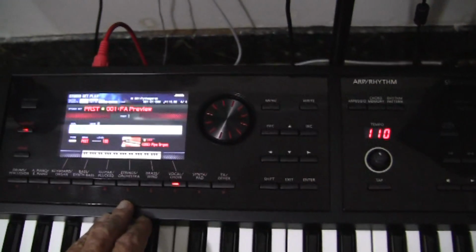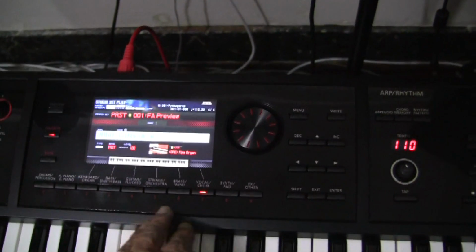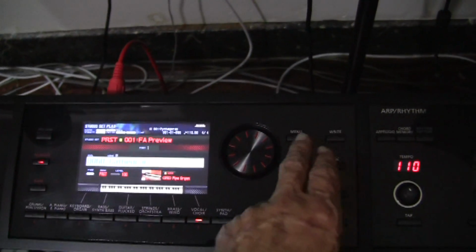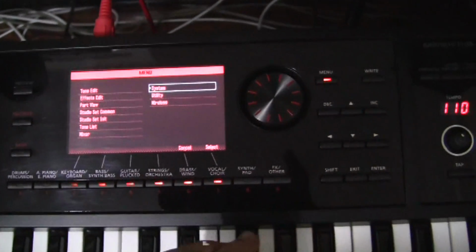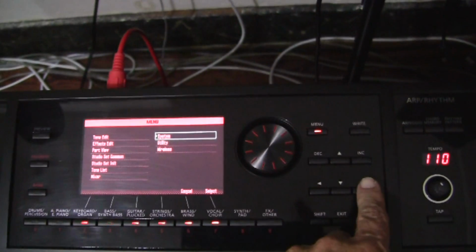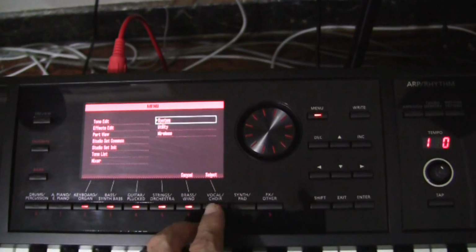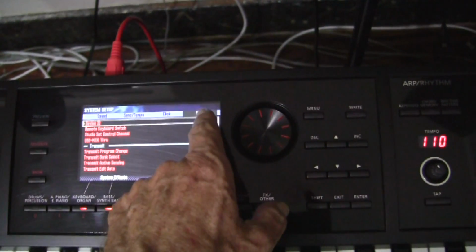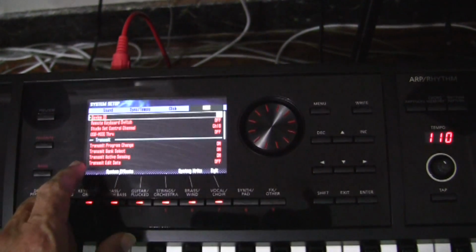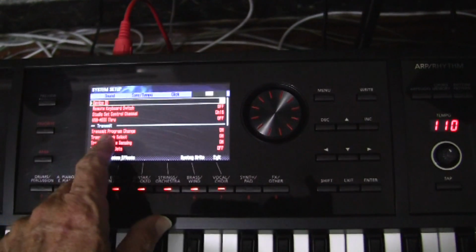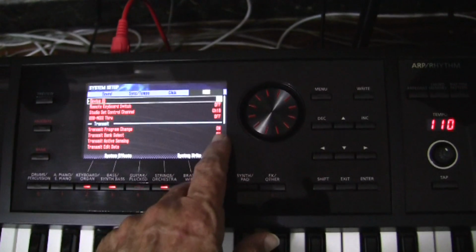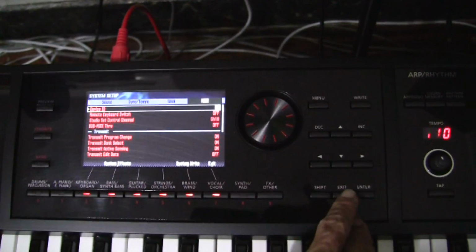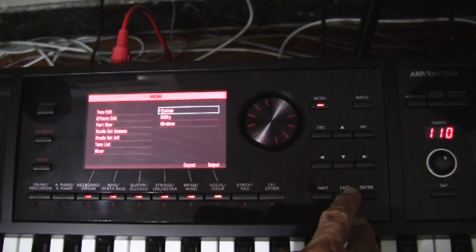Now you do have to turn on program number transmission, which in the FA-06 is simply a matter of going to the menu and selecting the system and going to the MIDI category, and see, it's right there: transmit program change numbers on. So we've already set it to on. Then you just press exit,